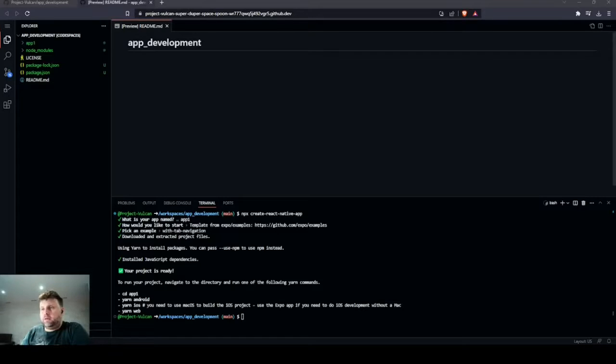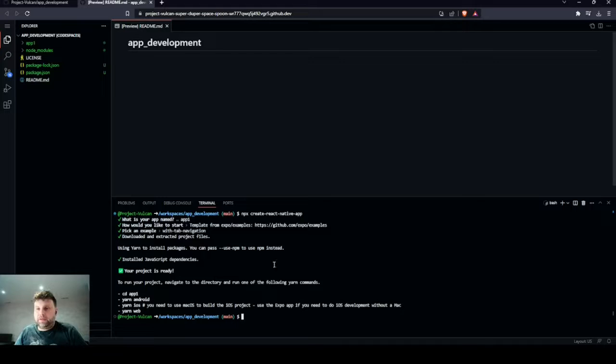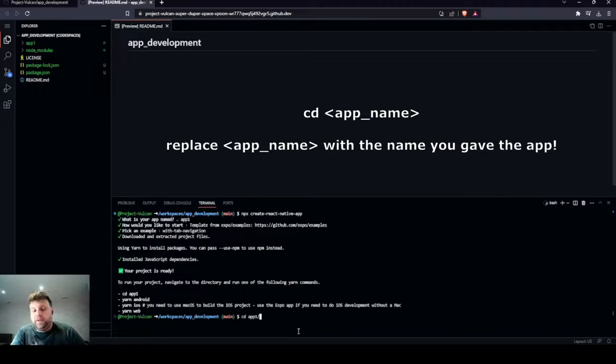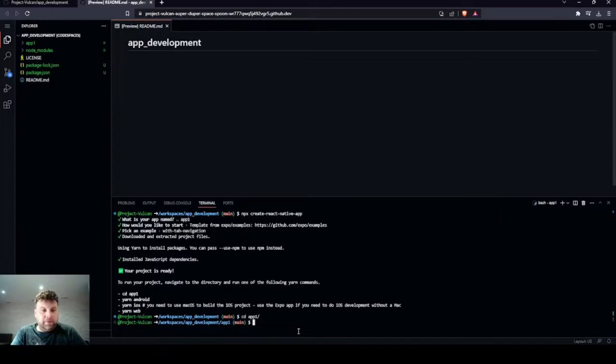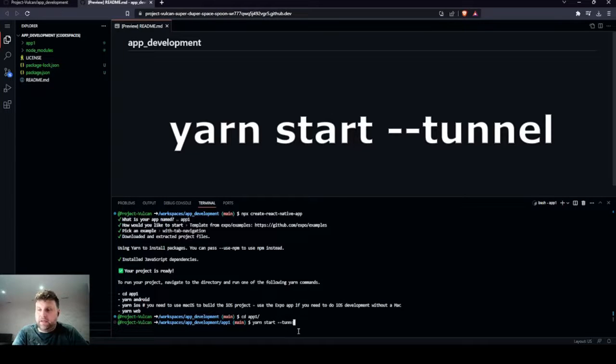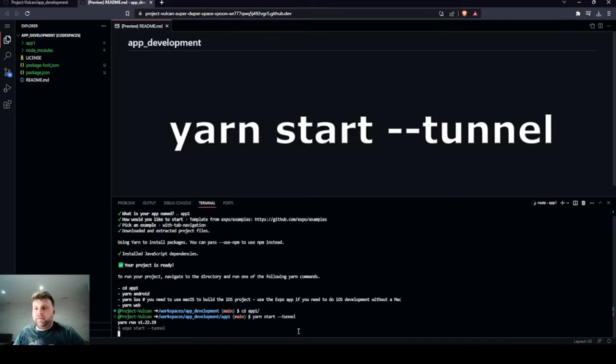Back over on Codespaces, if our app is now installed, we can follow the instructions here to move into the directory where it's been installed. So cd, change directory, then the name of the app that you gave it. I gave it app1, and then press enter. Then you want to type the following command: yarn start --tunnel, and then press enter. That'll take a few moments,